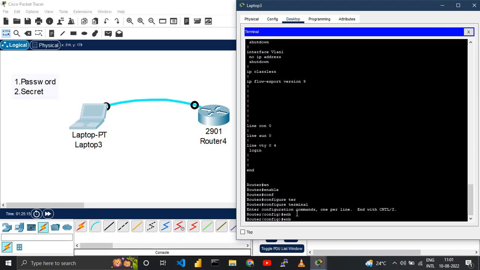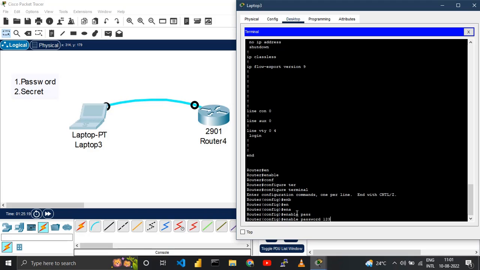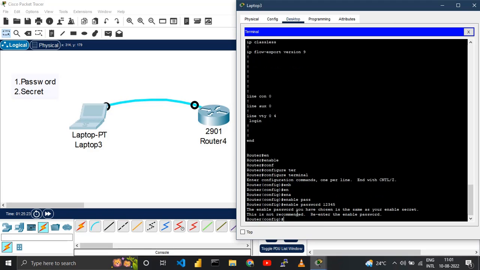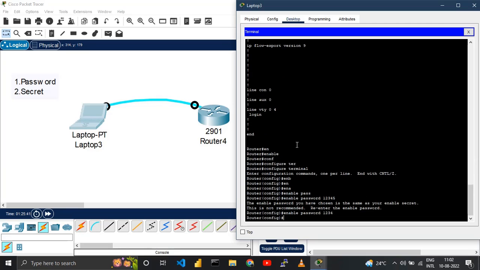Enable password 12345, and okay, yeah, that is the thing. You can't have the same password and secret. That is not allowed. So I'll just choose another one, 1234, and to hide this in my running configuration, I just use a command